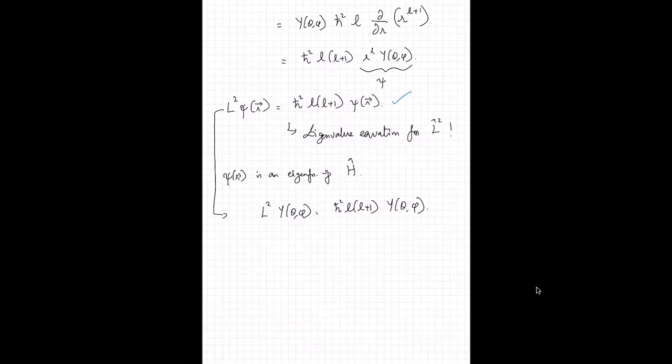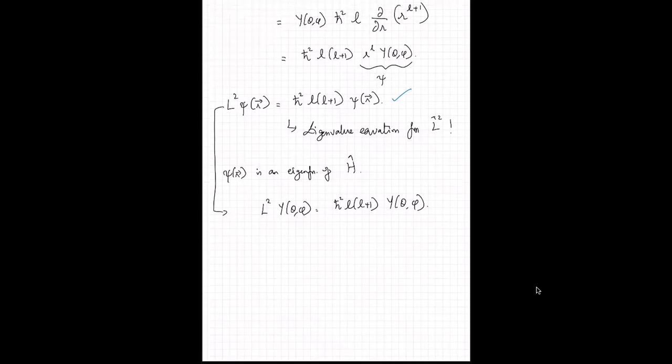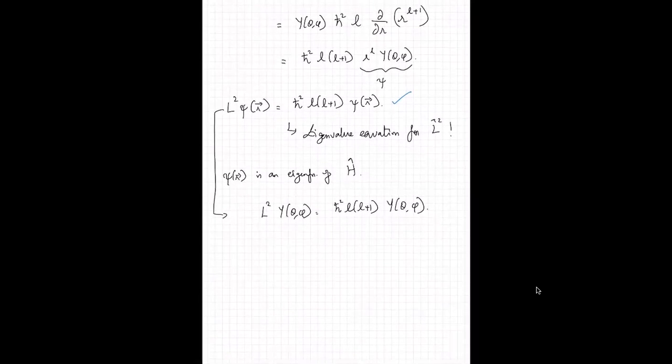So I can argue that as I go away from the origin, my wave function should still be an eigenfunction of L square, because very close to the origin it was an eigenfunction of L square. But as I keep increasing r, all I'm doing is increasing the radial coordinate and not doing anything to the angles. So at distances far away from the origin also, my psi should still be an eigenfunction of the L square operator. And I can ensure that the psi far away from the origin is also an eigenfunction of the L square operator if my psi has the general form